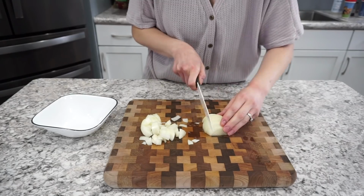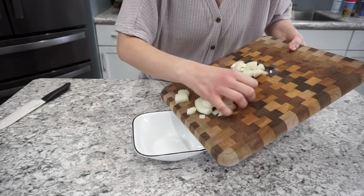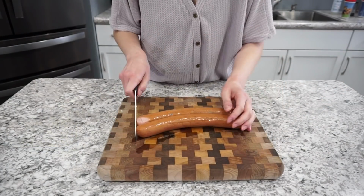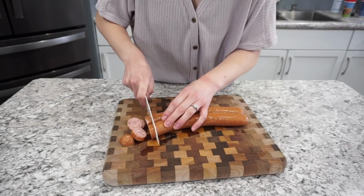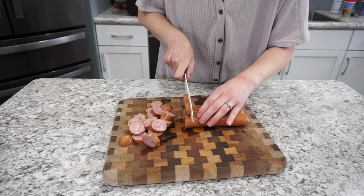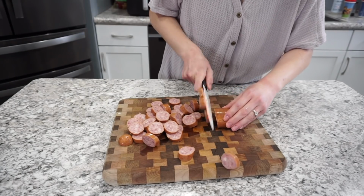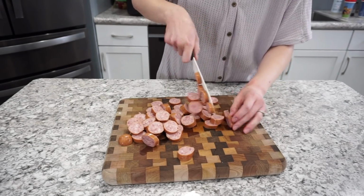I'm just dicing that up into some fine pieces. We're actually gonna be adding this right into the bacon grease. So pop that into a bowl. And then for the sausage here, I'm just using a kielbasa sausage just because I already had it on hand and I wanted to get it used up. But otherwise the recipe actually called for a chicken sausage, and I think that would be really good in this